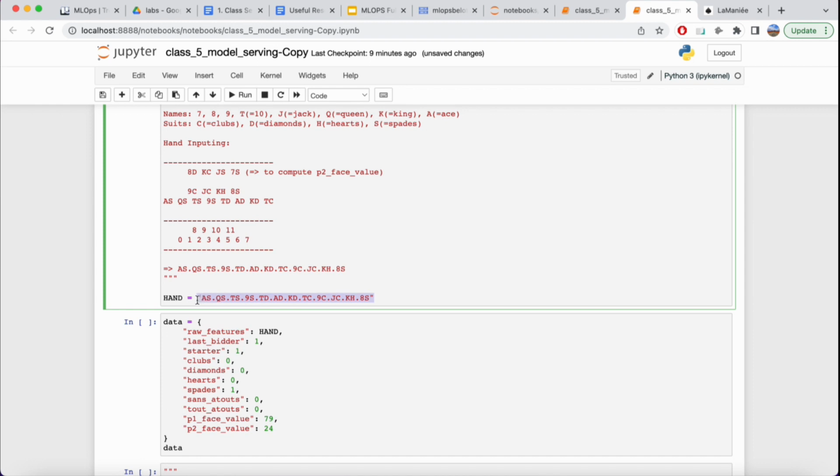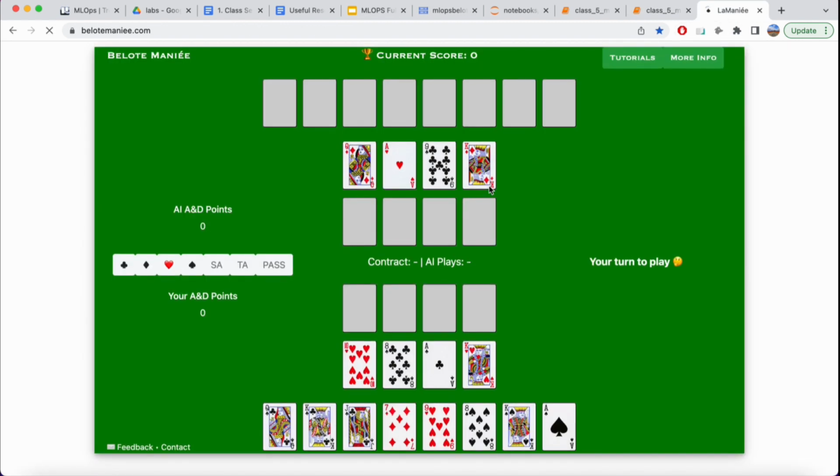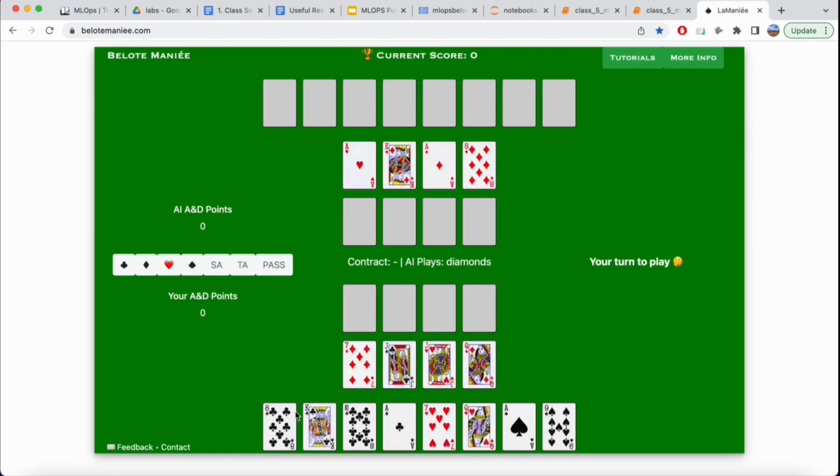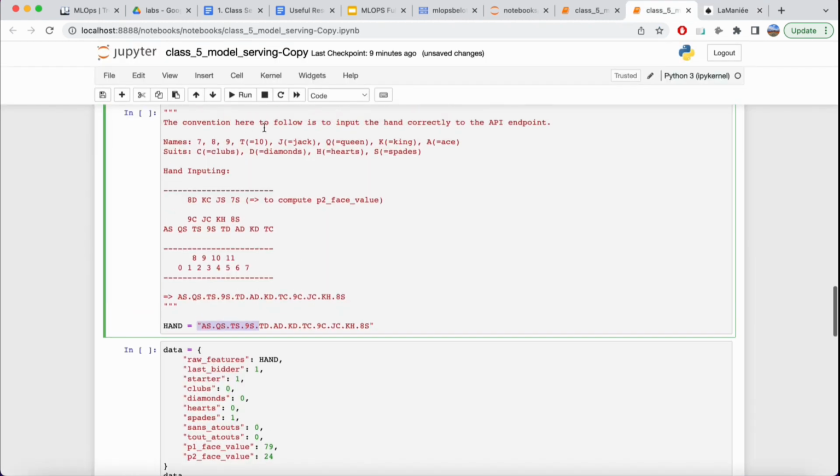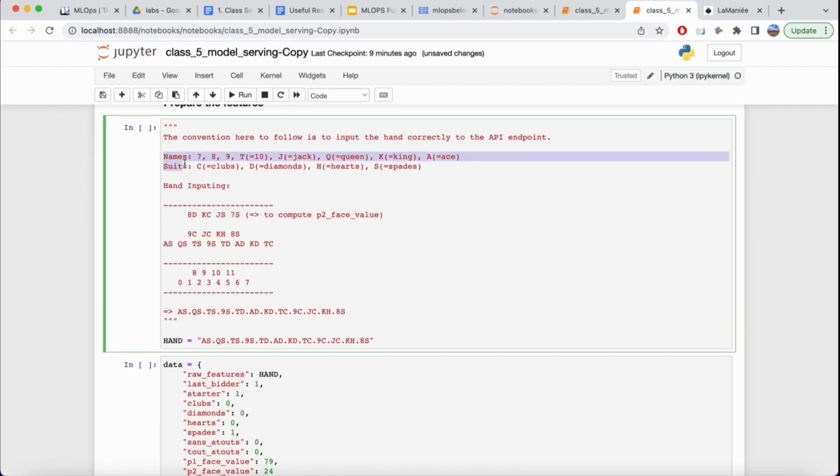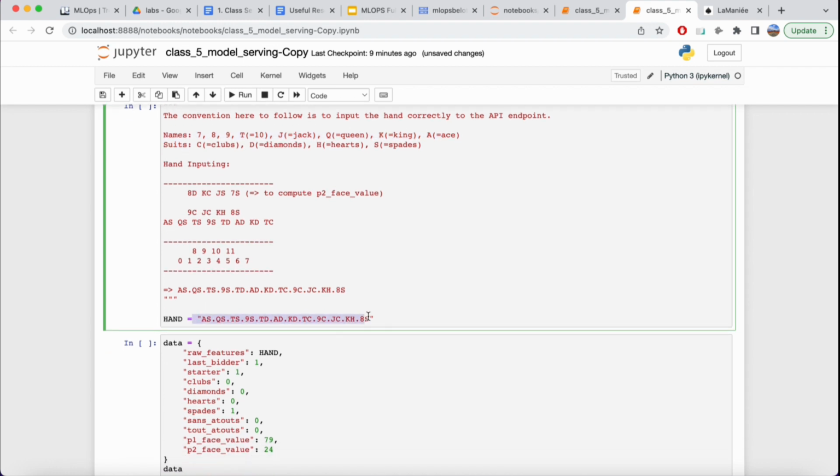You construct the hand by looking at the game, refreshing, being dealt a new hand, and compiling the 12 cards that you see here, and writing, with this code here, the hand that you have as a string. That is the input that we're going to need to provide to our API